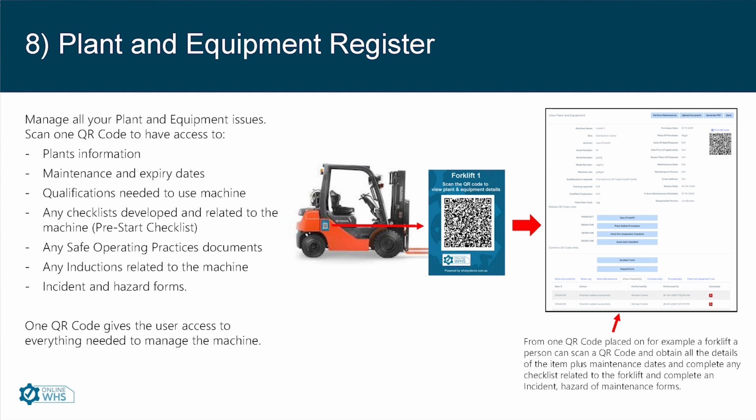Obviously a lot of people have got plant and equipment. Their duty of care is to make sure that they keep it in a safe working order. So how to do so easily and effectively is the plant and equipment register. You enter a plant item inside the system and it automatically creates an individual QR code for that plant item. So you can stick that QR code on the plant item itself. When they scan that QR code, it'll bring up all the information of that plant item, even the people qualified to use that machine. But you can also relate a checklist to that plant item, and they can hit one button,